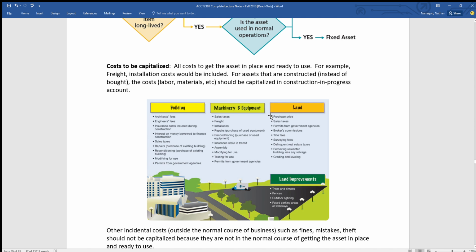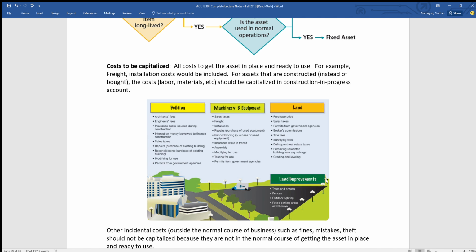Land has also its own costs. So again, sales tax, any commissions, title fees, surveying. And now, you have to watch out, that's to land. Anything that's land improvements, basically to make the land look better or have it better for us to